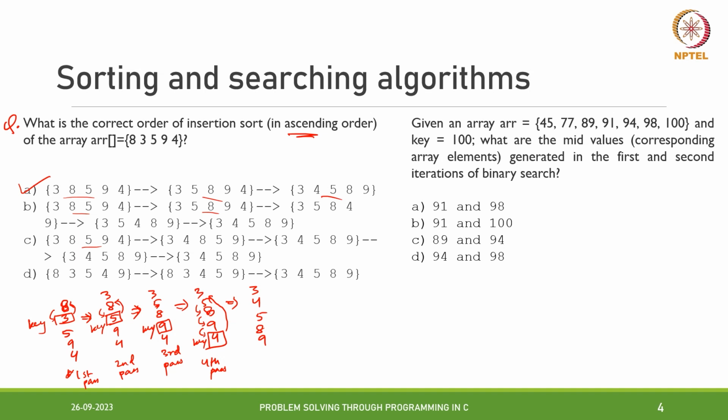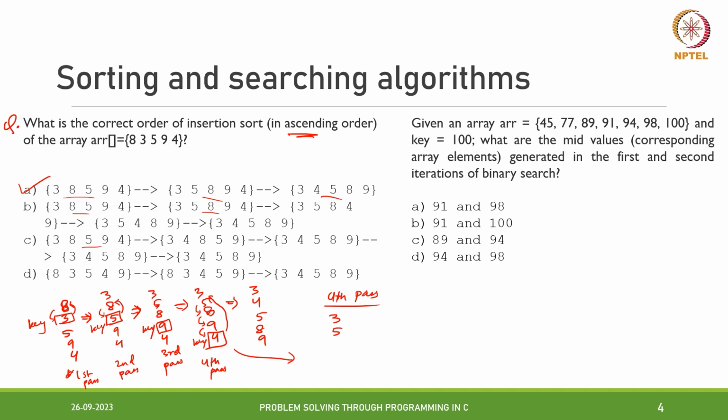So from third pass to fourth pass it basically does nothing, so we don't have an option which has that one. Now in the fourth pass, what happens? This fourth pass has 3 steps. The fourth pass itself has 3 steps, where you have